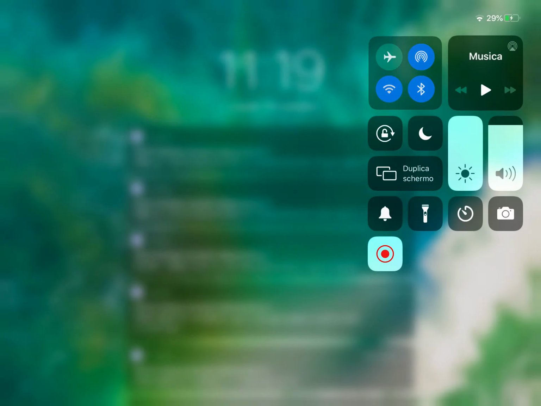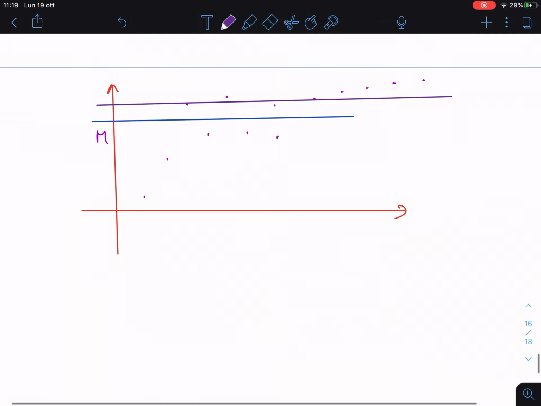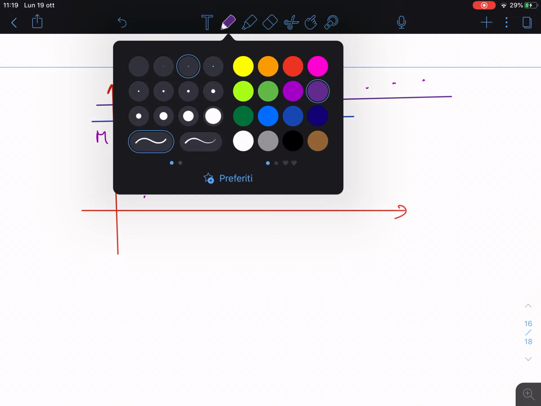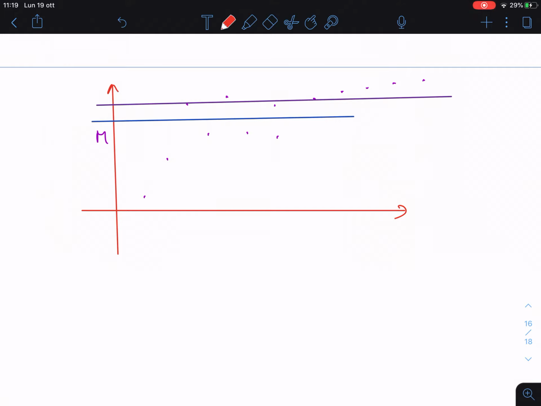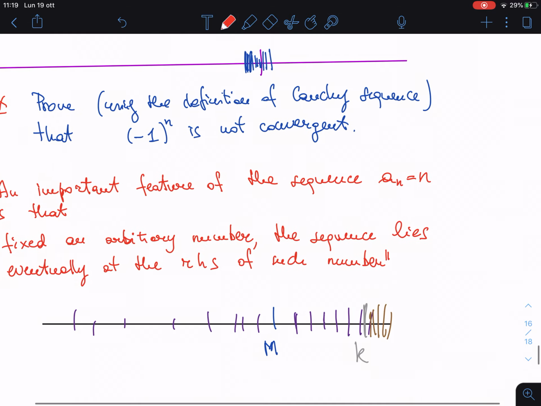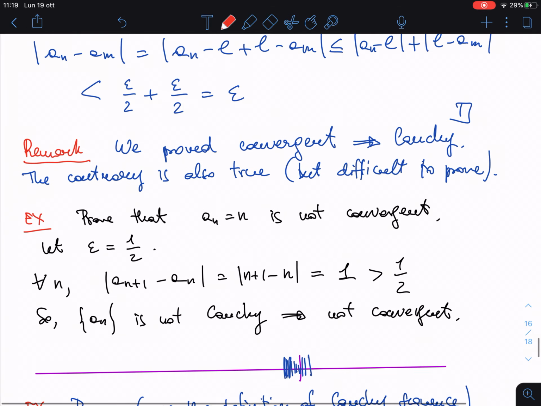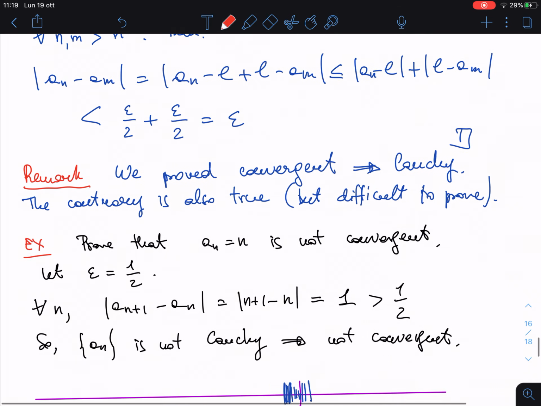So here we are for the last part of today's lecture, and it concerns divergent sequences. Okay, I will talk about divergent sequences. So we investigated the behavior of convergent sequences and then the behavior of the sequence a_n equal to n, and we isolated a statement about it